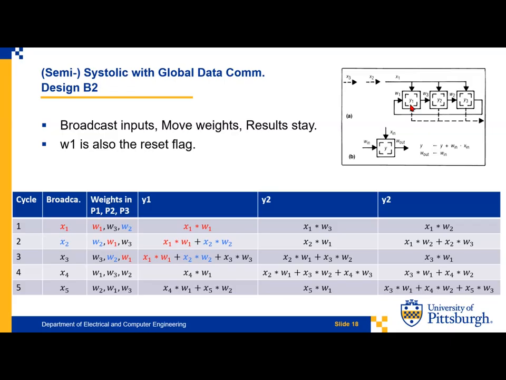It depends on the bandwidth. If the bandwidth for the results is larger than the weight, maybe you will prefer to keep the results on each processing element, because if you move,